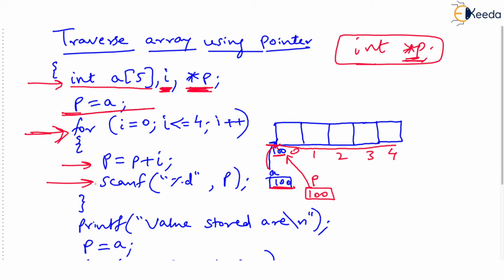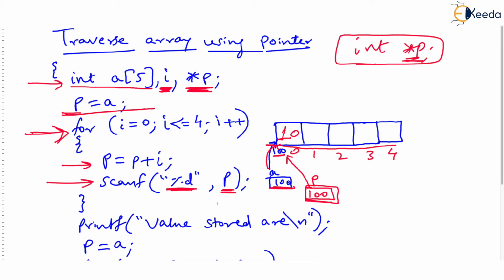Oh, look at that. There are so many ways open now for you to write scanf, printf with arrays. Tell me, what are you scanning? You are scanning some integer, and whatever integer you input should go at which place of the memory. Of course, whatever you input will go in the memory. But where in the memory? You have given the address. Tell me, what is p? Look at the picture. p is 100. That's the address. So suppose you input 10, 10 will be stored at address 100. That means it will go in the array.